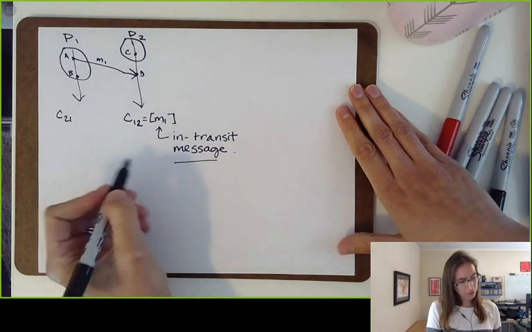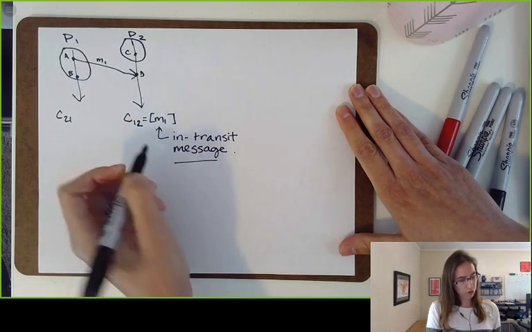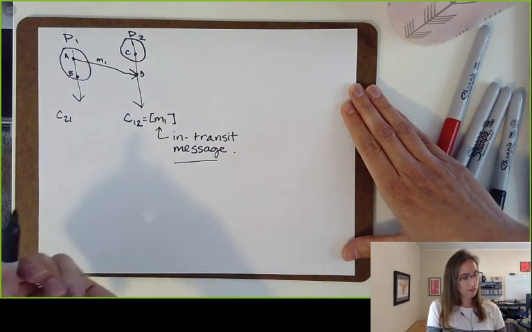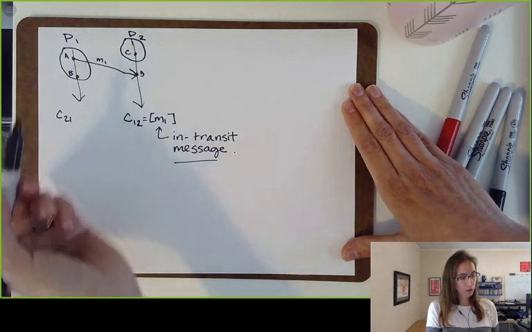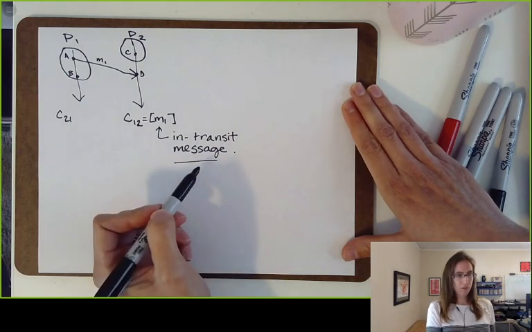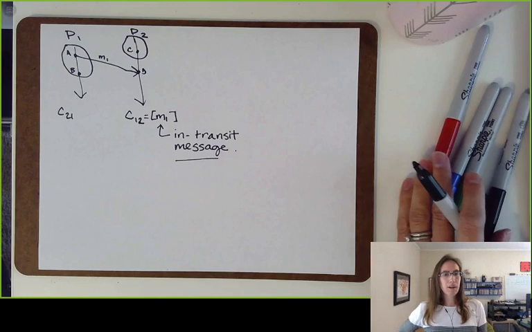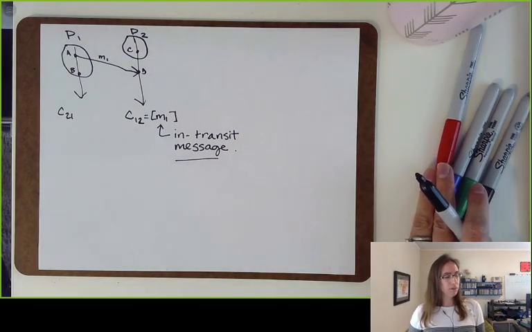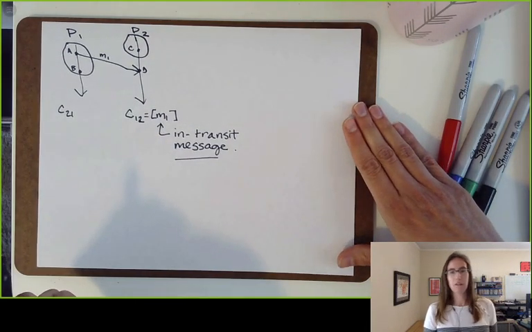So the question here is, why would you care about capturing an in-transit message? If I took a snapshot here and my snapshot said that A and B happened on process 1 and C happened on process 2, why would you want to capture this in-transit message? Somebody says you can debug better. Well, yeah, but let's try to make this a little bit more concrete. What's an example of something that might be in this in-transit message that you might care about?